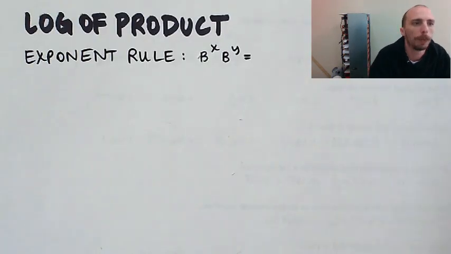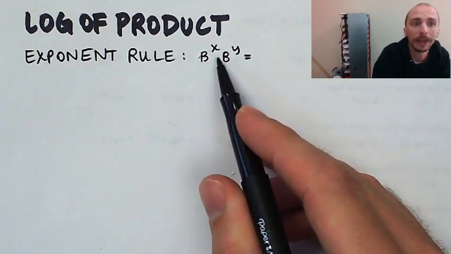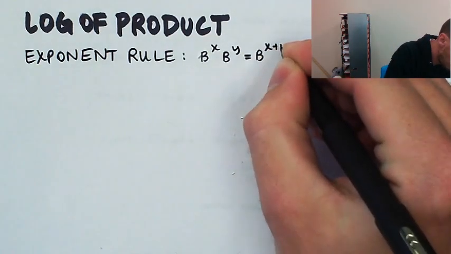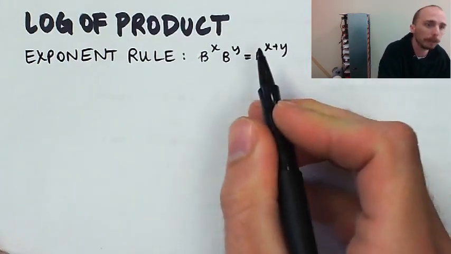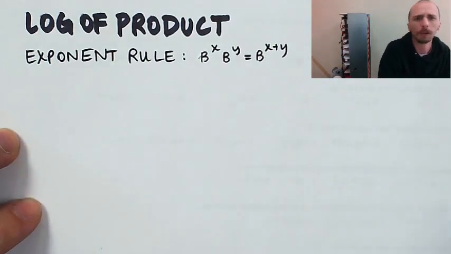All right, so our first log property has to do with products. We've talked about this repeatedly in Algebra 2. If we have b to the x times b to the y, that's where we add the exponents. That's b to the x plus y. That has come up so many times I can't even think of all the different places that we've talked about it. So the equivalent log rule, and I'm just going to help you discover this, would be